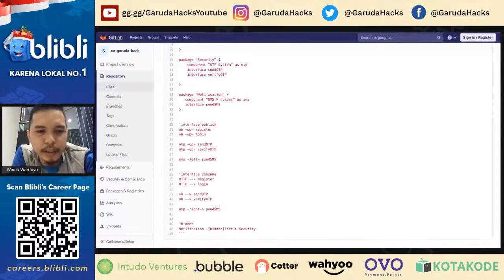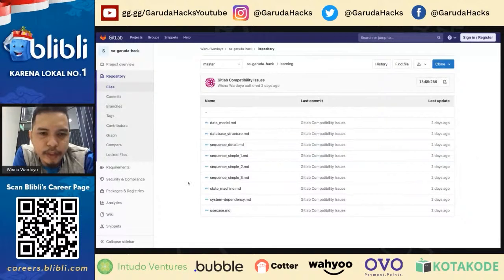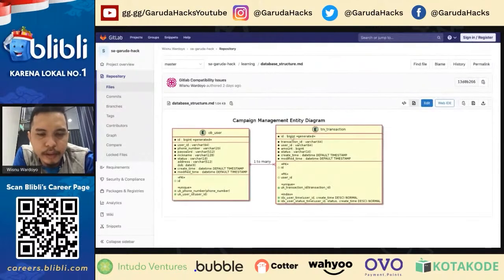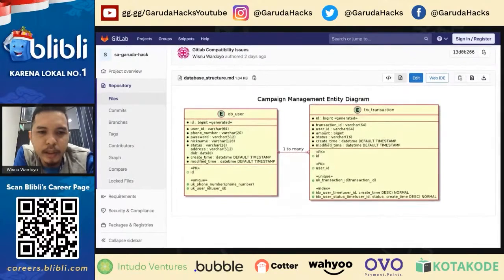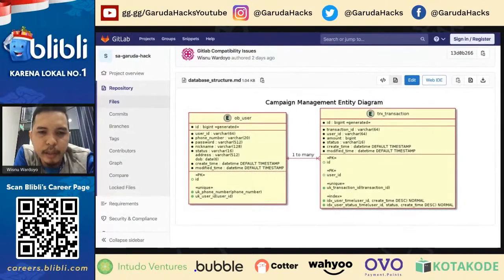Okay, can we go back to the list of files? After the system dependency, we have the database structure. This is the database structure. You can create a database structure like this. First one, let's say this. The table name is OB user, and the relation is one-to-many to the TRX underscore transaction.